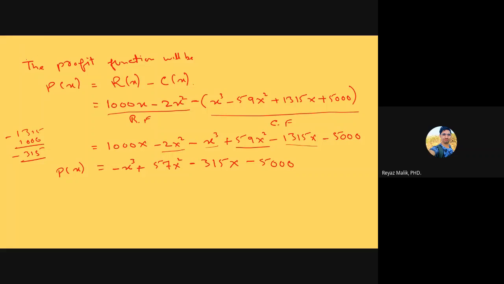This one is the profit function. So we have to do the differentiation to it. This we have derived from subtracting cost from the revenue. Now this is the total profit function. I will write this function in this slide again, so that we can go further for further treatment. Correct? So what is this? P of x equals to